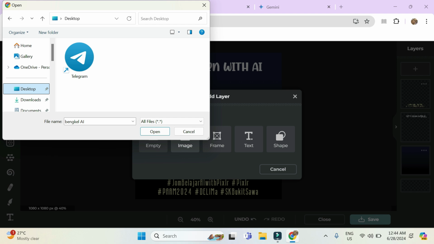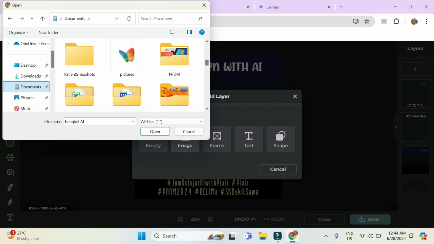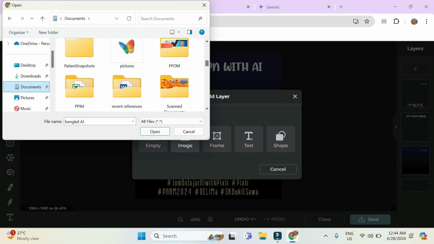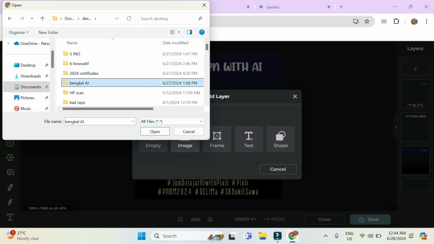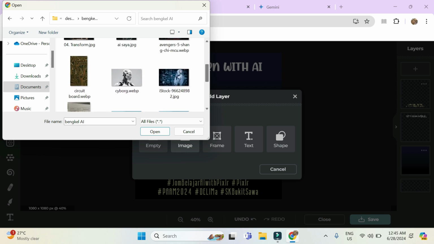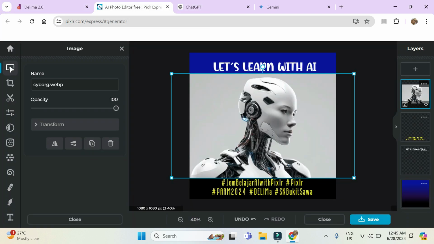If you haven't got any photos, you can just go to Google Images and choose whichever image you like. For me, I have saved the image that I would like to use in this folder called Binky AI. So I would like to use, for example, the cyborg. Then I click open, and you see the cyborg here. I like the cyborg, but I don't like